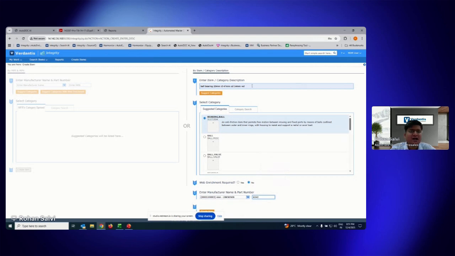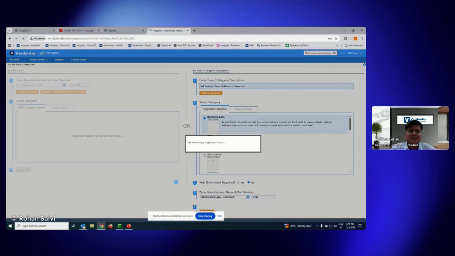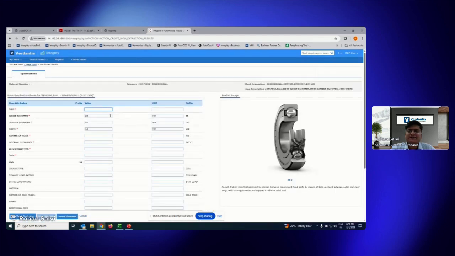But what I want to show is how it works in getting the information from, let's say, this particular description that is present from the vendor quote. So here when I look to create the item, it analyzes this, and it has already assigned the category, but it will also populate the technical specifications. It has identified this as inside diameter, outside diameter, width. Now, if I've entered the manufacturer name and part number, then I would be able to enrich the information if I've entered a valid one. But otherwise, I can enter these details, and it has already started building a structured description, as you can see on the right-hand side. Okay? But a user would not always get all these details when he's trying to create a new record, right?